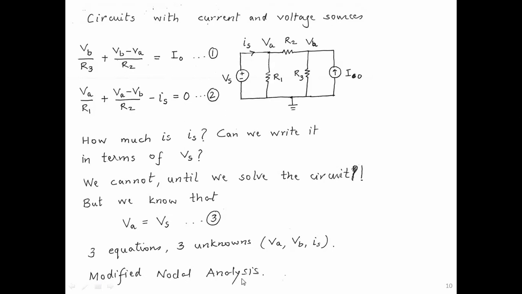When we are doing this on paper, we really don't need to solve for Is, because if you look at these three equations, Is occurs only in the equation for VA, but VA is already a known quantity, so we simply don't need to write this equation at all. We can just write the two equations and then solve them.